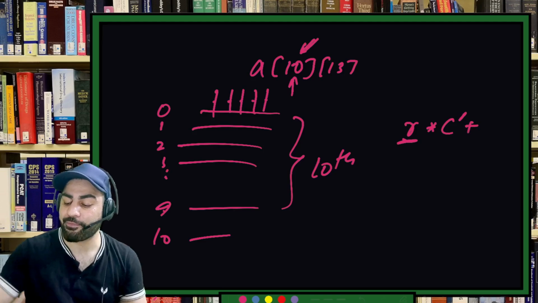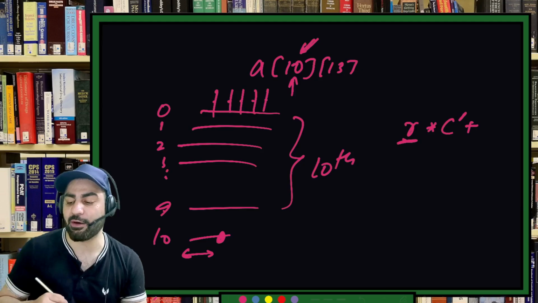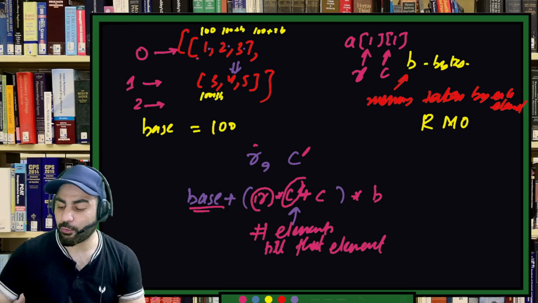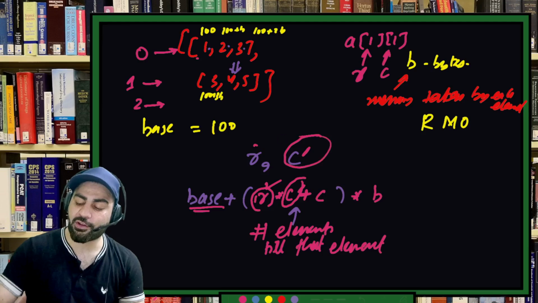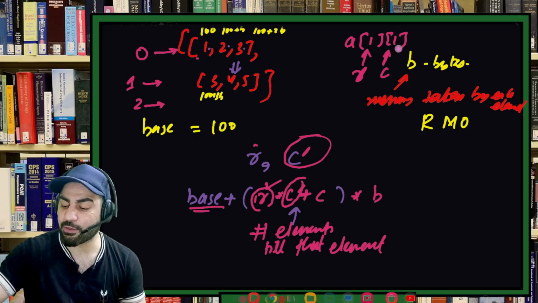And add to it. To reach, let's suppose, the 13th element, till here we have 12 elements, so we should add these 12 elements. That's what I said here. So what you should do is take the number of rows and multiply by C dash. C dash is the total number of columns, and then maybe C minus 1,